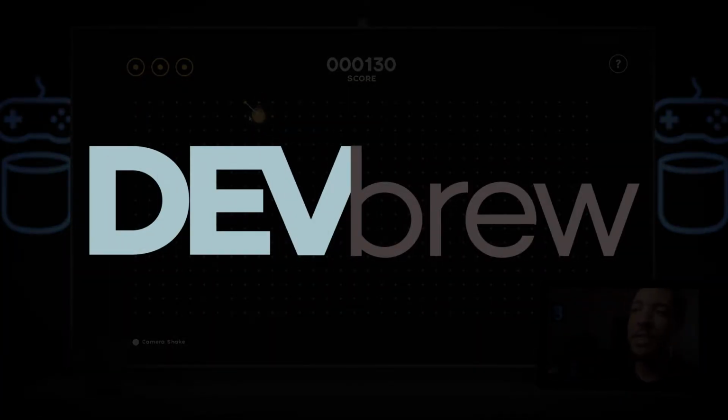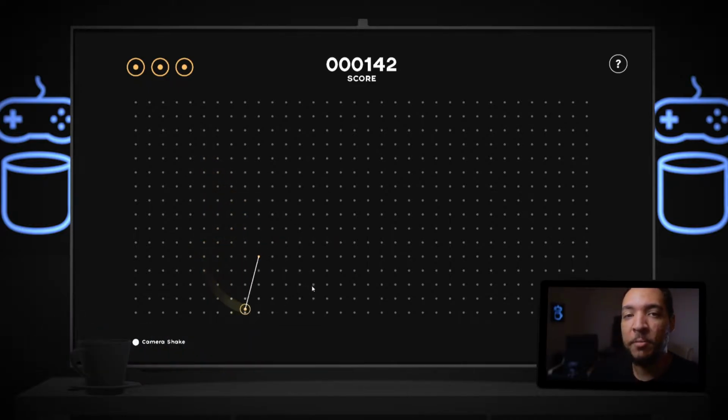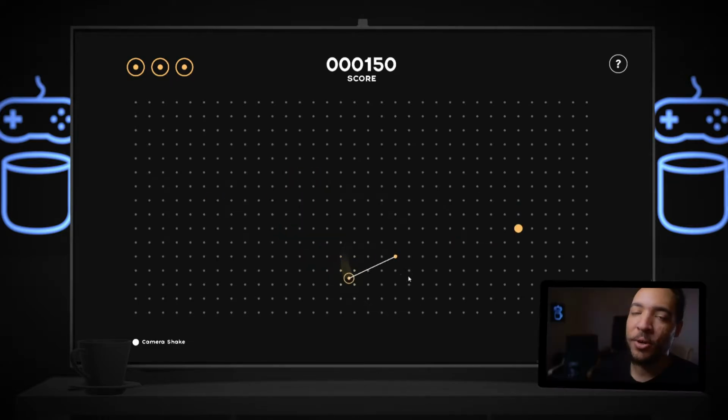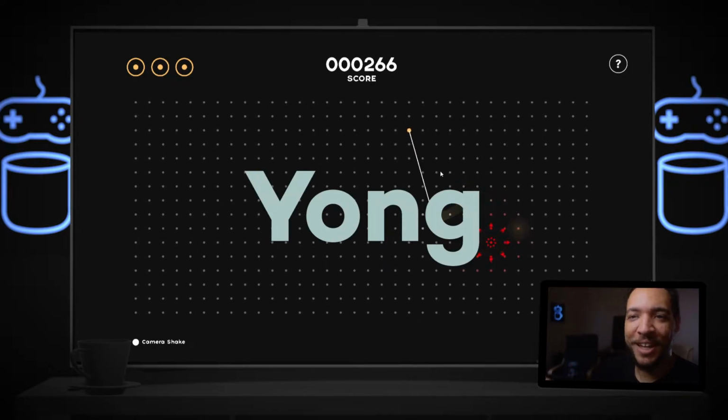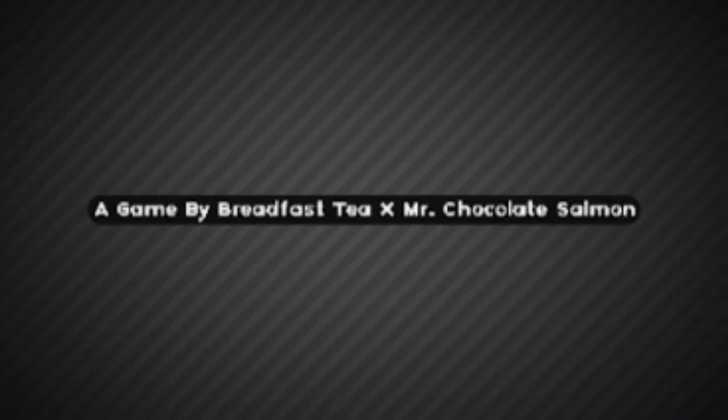This is where indie game developers send their games and I do my best to give feedback on their game design. Today we're looking at a game called o-CoO. o-CoO is this game that was submitted. Who submitted this game? This game was submitted by this name and was developed by Breadfast Tea, and I believe